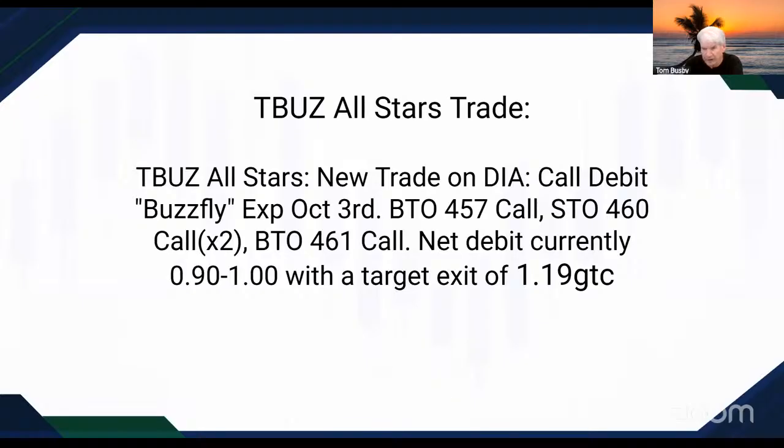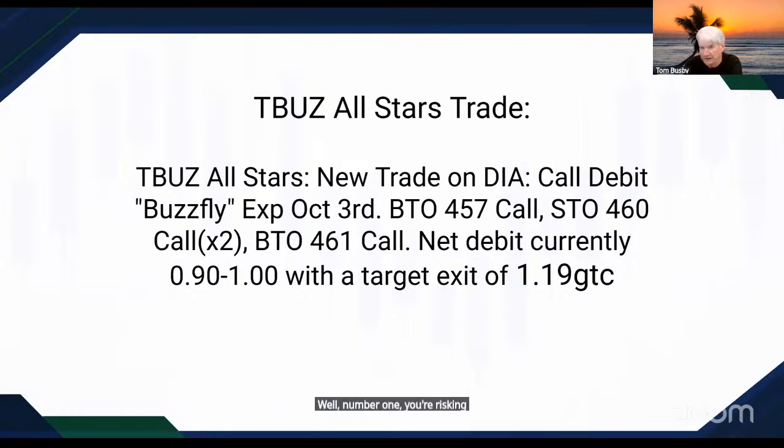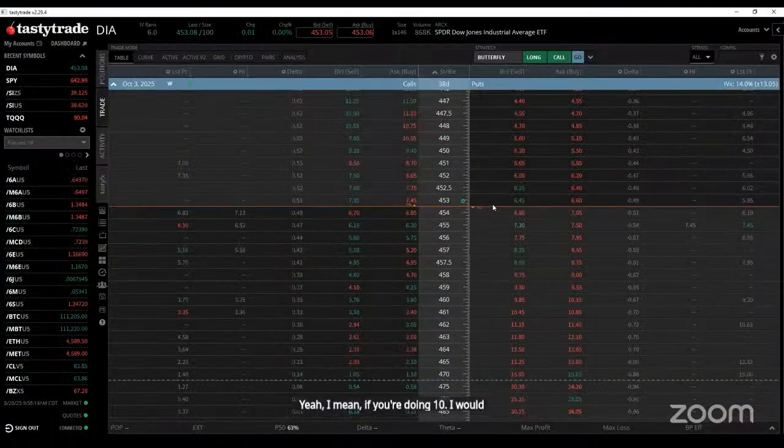Will you review for Carol? She said, if we do 10 contracts, what does it look like? Well, number one, you're risking $900 if you do 10, Carol, at 90 cents net. If you do 10, I would just start out